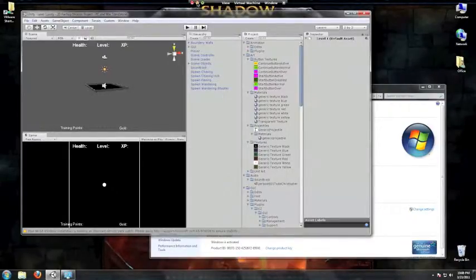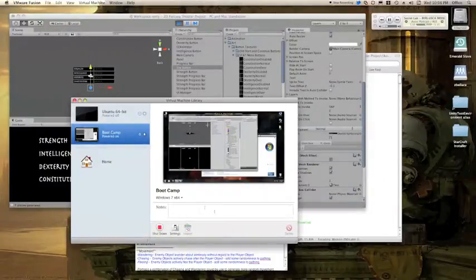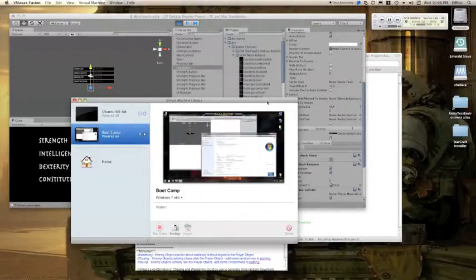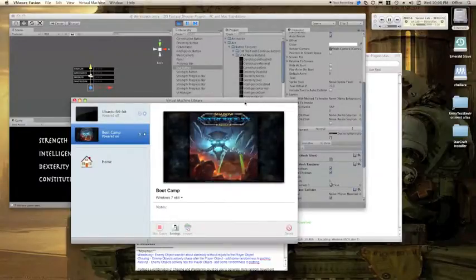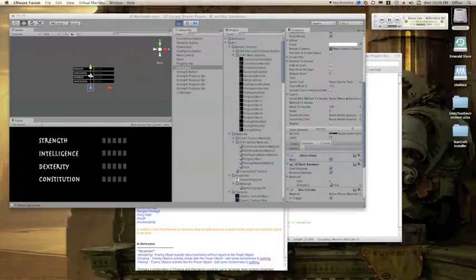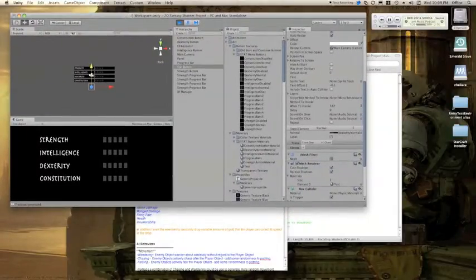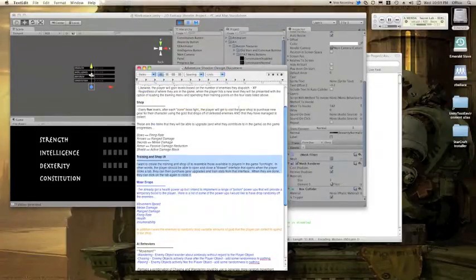Alright, let's just minimize that real quick. Actually, no, we can't. We got to shut down. Yes, shut down. Okay, so that's Unity running in Windows 7 in a virtual machine. I think that's pretty awesome. This is Unity running in Mac OS X. Anyway, the other thing I was working on today,